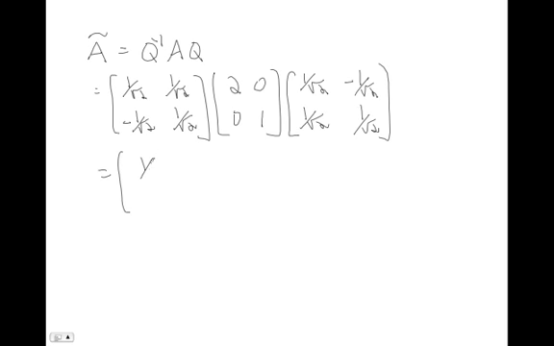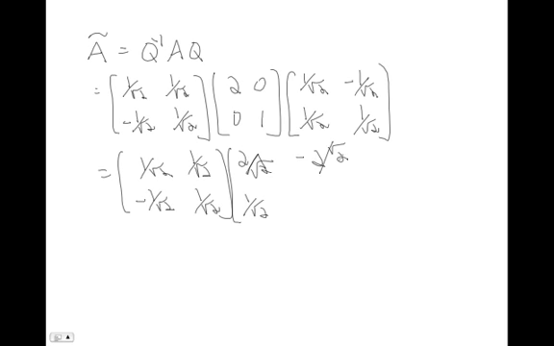So this is still 1 over square root of 2, minus 1 over square root of 2, 1 over square root of 2, 1 over square root of 2. And then I multiply these two matrices together, so 2 times this plus this times this. So I go through this math and I get 2 over square root of 2 here. I get a 1 over square root of 2 here. I get a minus 2 over square root of 2 here. And I get a 1 over square root of 2 here. And then I multiply those two matrices together, and I get